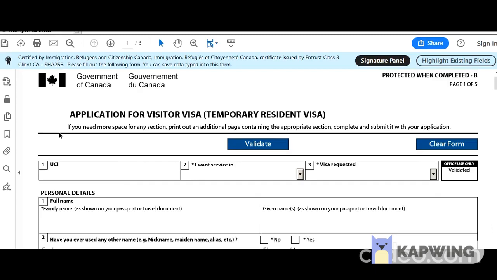Okay. And it says if you need more space for any section, put an additional sheet containing the appropriate section, complete and submit it with your application. Alright, so the first is unique client identifier. This is the first application, so there's no unique client identifier, but if you have ever applied before, you get an 8 or 10 digit number that specifies your client identification. If you have it, it's always good to put it so that they can retrieve your profile right away, otherwise this is not mandatory. You want service in English, visa requested, this has to be visitor visa,